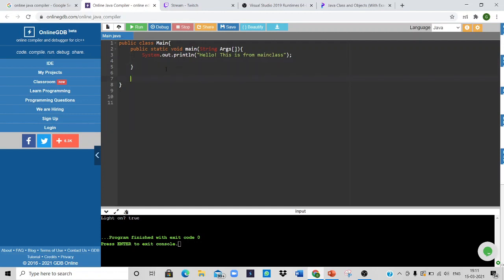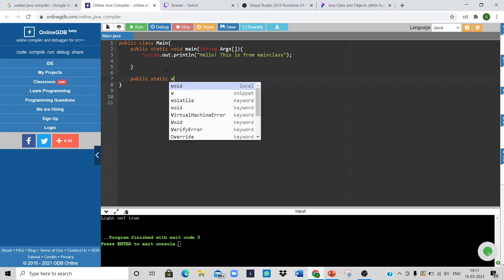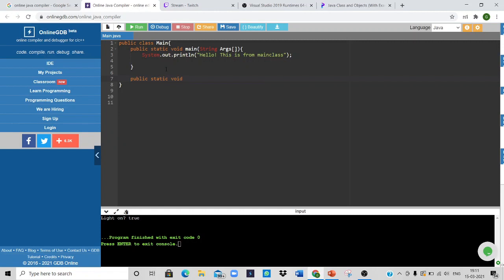Then we'll open any one subclass, like public static void. Give the name as subMethod. Okay, this is enough.